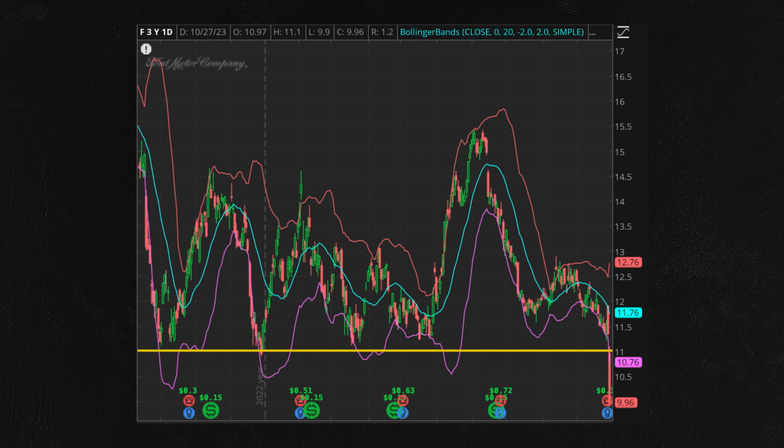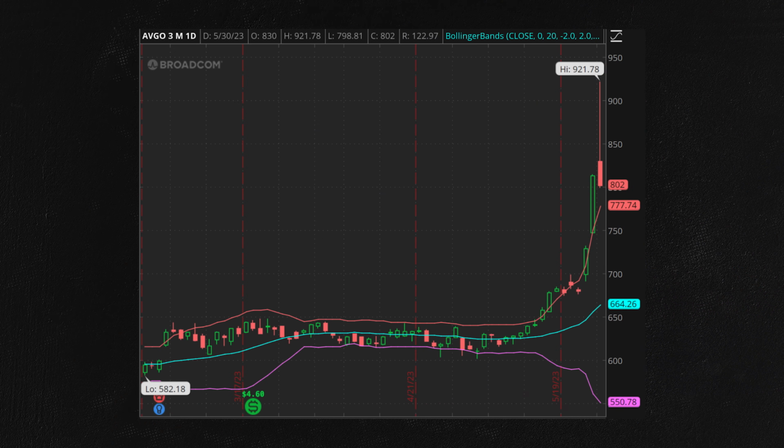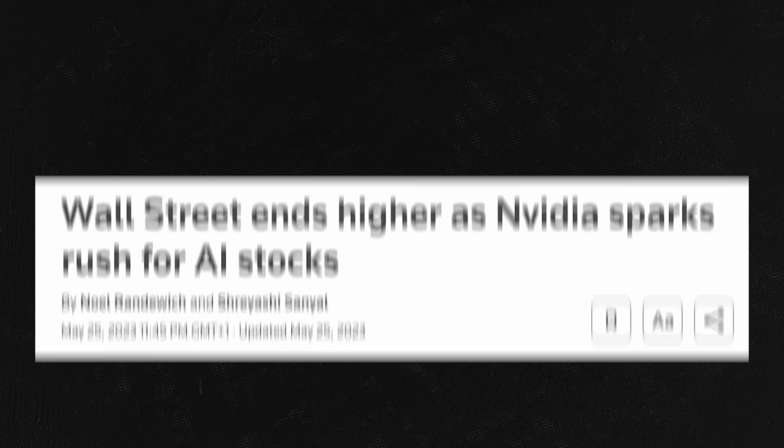The pre-market activity saw Ford opening below a substantial multi-year support level at $11 on the daily chart, a move that caught the eye of swing traders and those operating on higher timeframes. Intraday, the stock printed my bouncy ball pattern, adding intrigue for intraday traders seeking short-term opportunities. Once again, we witness a convergence of multiple time frames aligning in this example for shorting the break of support at $10.20.